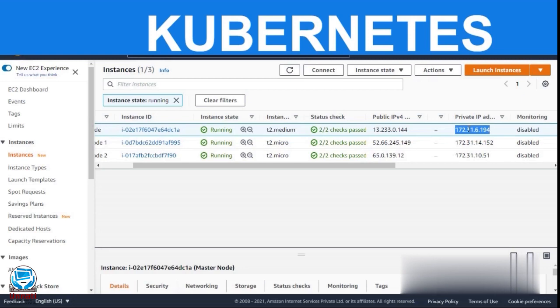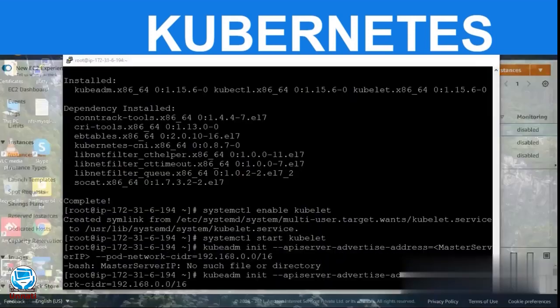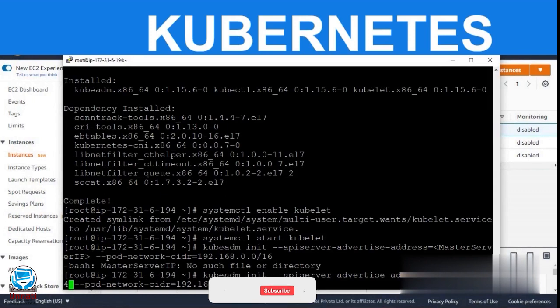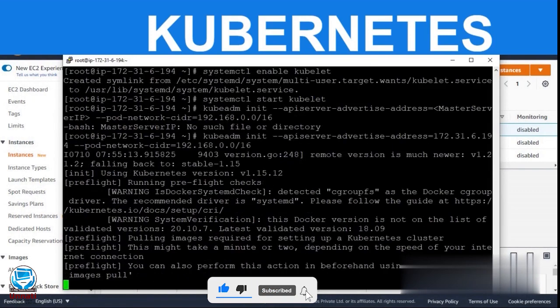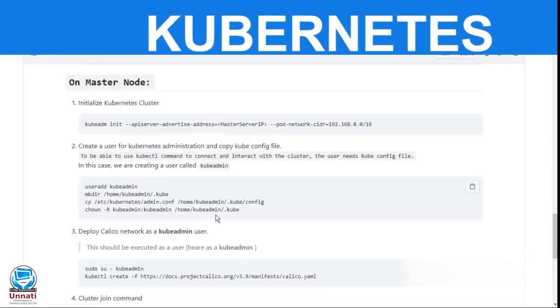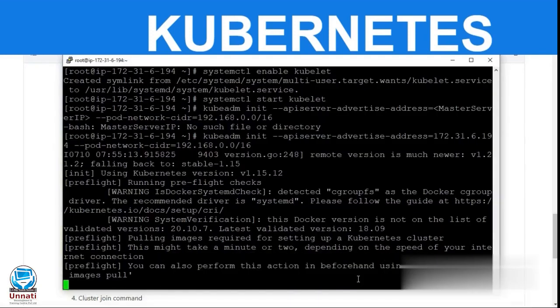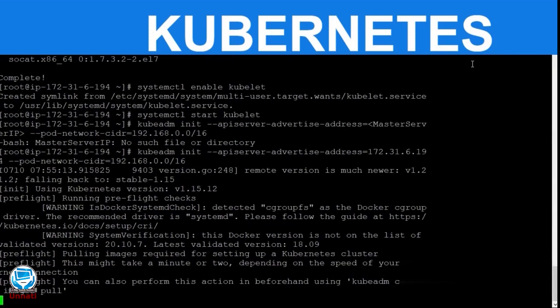You can see our Kubernetes cluster is getting ready. After that, we will have to add a user so that Kubernetes gets information on where the configuration file of Kubernetes is stored. For that, we will have to create a user first. We will do it once this installation is over.